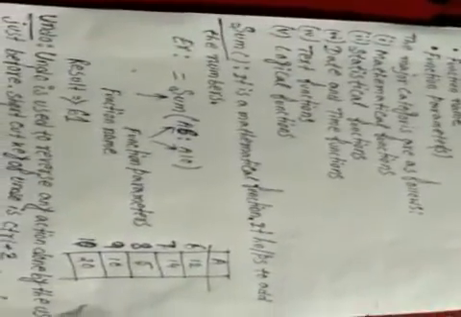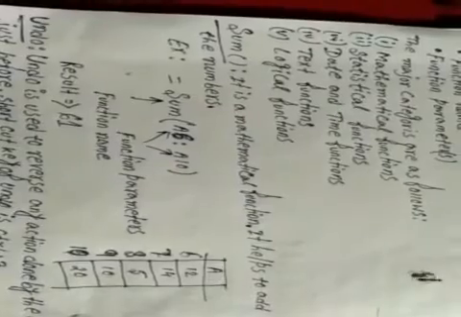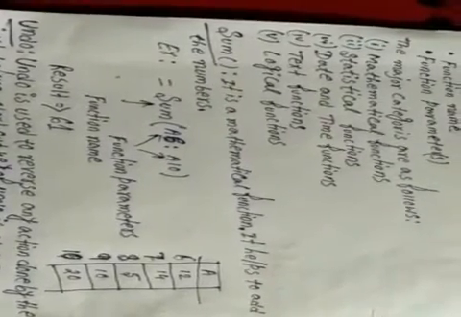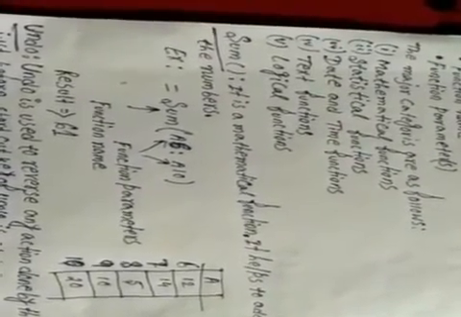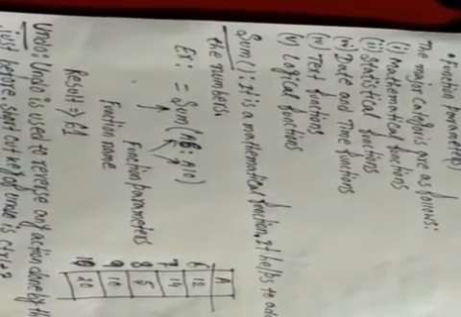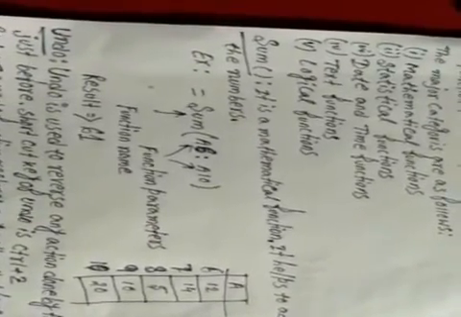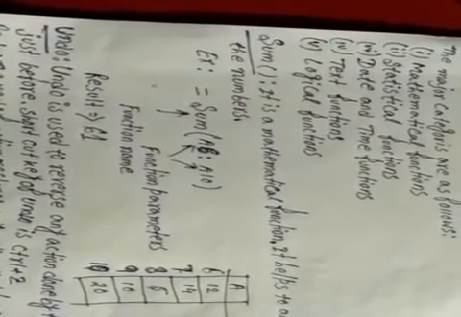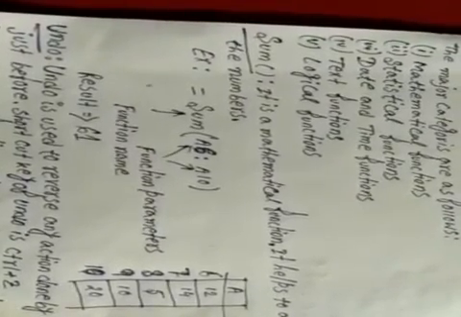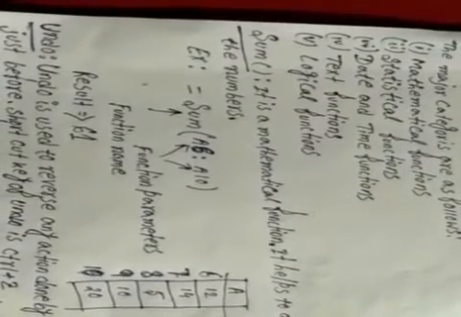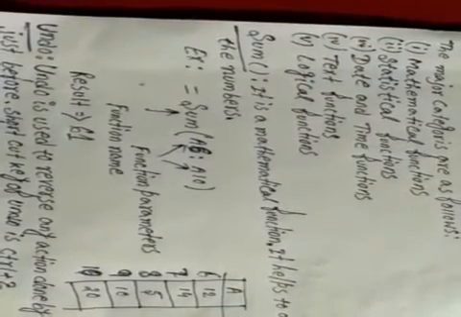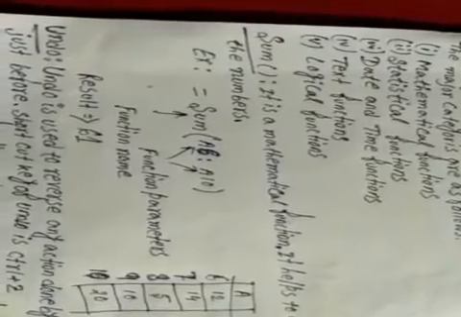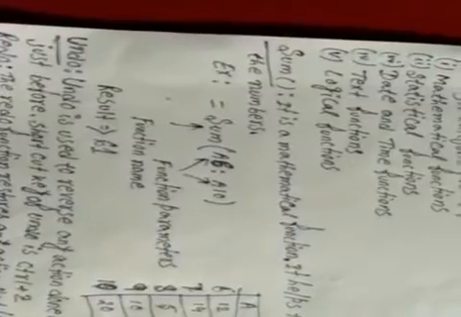Now we will discuss the sum function. It is a mathematical function. It helps to add the numbers. Example, equal to sum within bracket written A6 colon A10. This is the cell range. In function, this is known as function parameters, and sum is the function name.